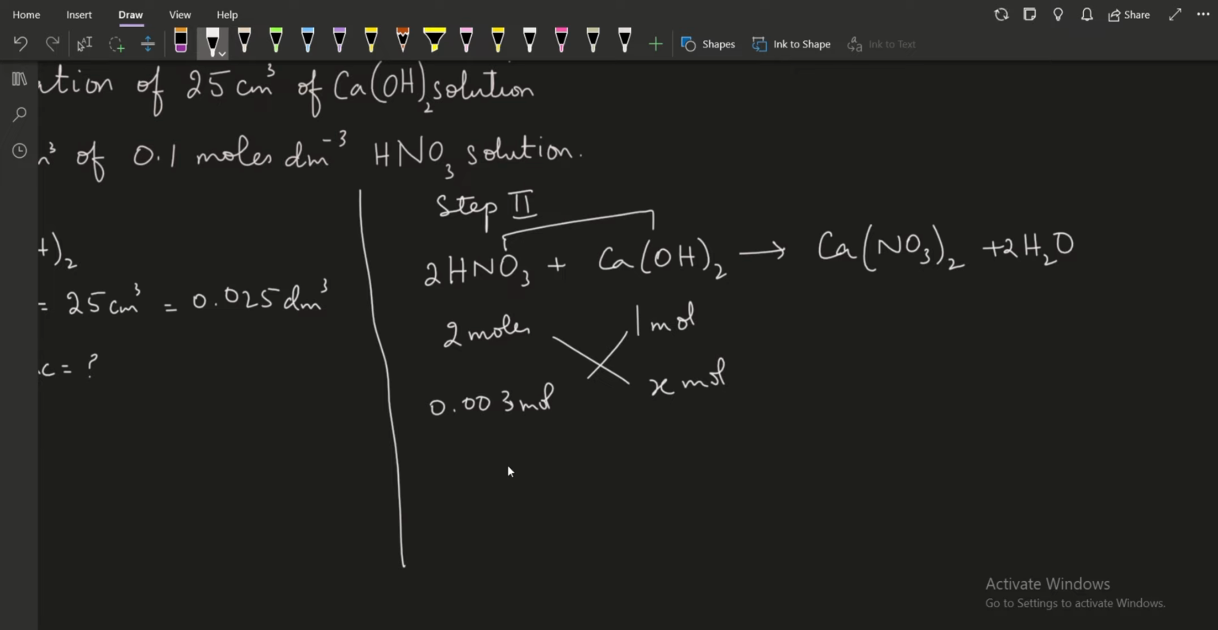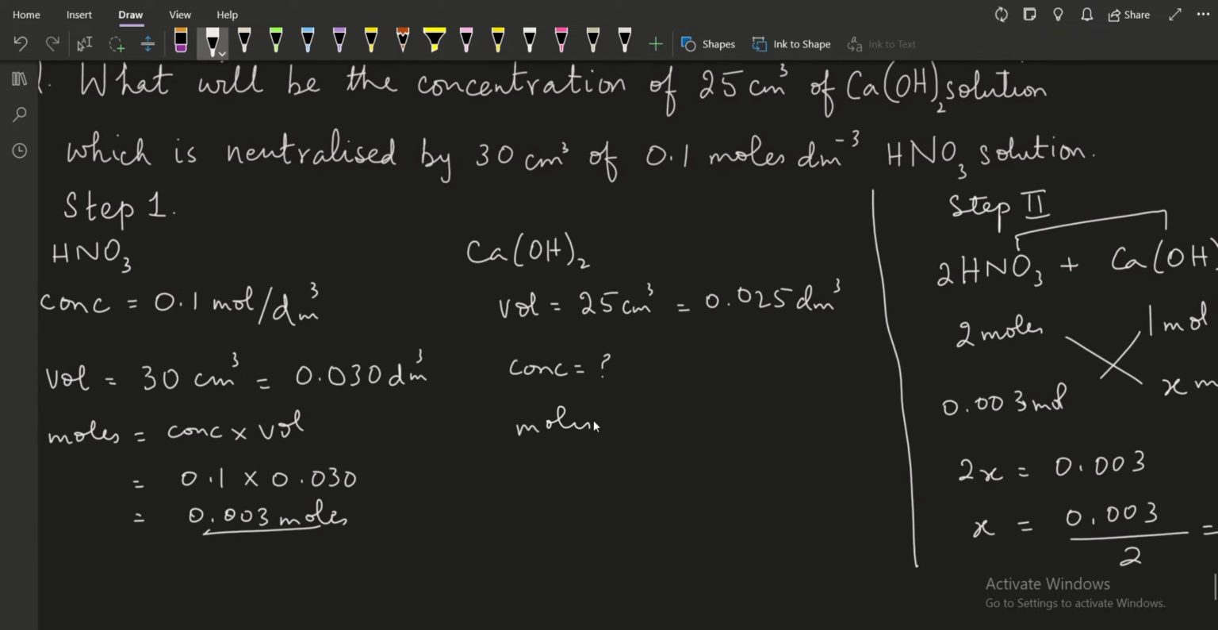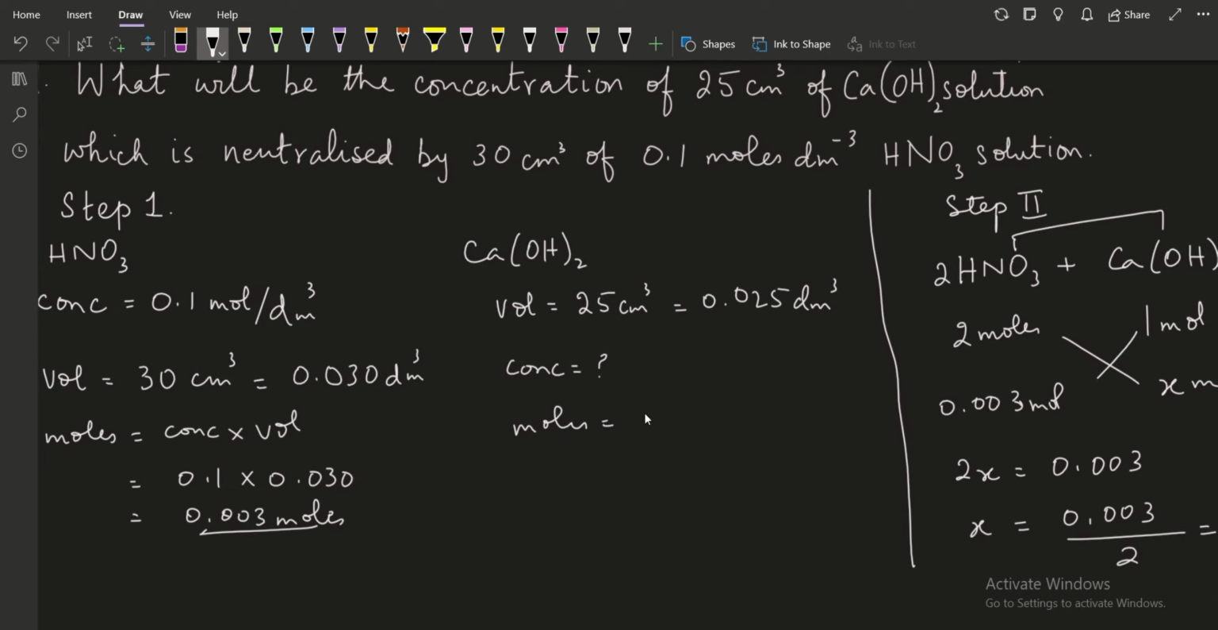So calculate the value of x. It will be 2x equal to 0.003, or you can say the value of x will be equal to 0.003 divided by 2. Your answer will be 0.0015 moles of calcium hydroxide. Now we have calculated, in step number 2, the moles of calcium hydroxide, which is